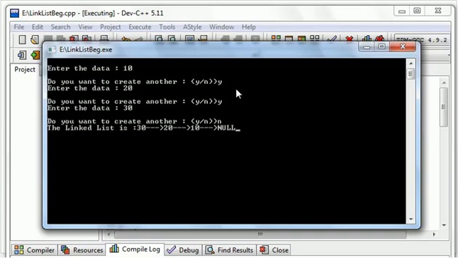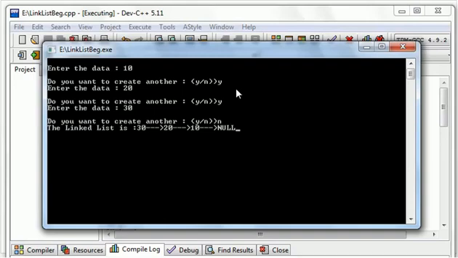Now see how this linked list is being created. My first value was 10, and see, my next value has been saved before 20. It's not the memory location before this. I just want to say that I have created a linked list in such a way that it's saving the values in the beginning of the list.